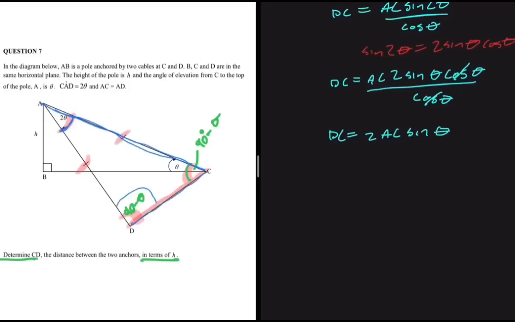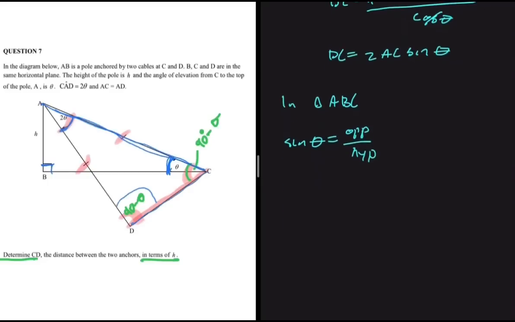So to find AC, we're going to regard triangle ABC. In triangle ABC, we have 90 here. Here we have an angle theta. So we can use that angle. We can say that sine of theta is equal to the opposite divided by the hypotenuse. Here you can see now our hypotenuse is going to be AC, right? So we're basically done with the problem. So sine of theta will just stay as sine of theta because that angle is theta, right? So we're going to have sine of theta being equal to the opposite, which is H, divided by the hypotenuse,